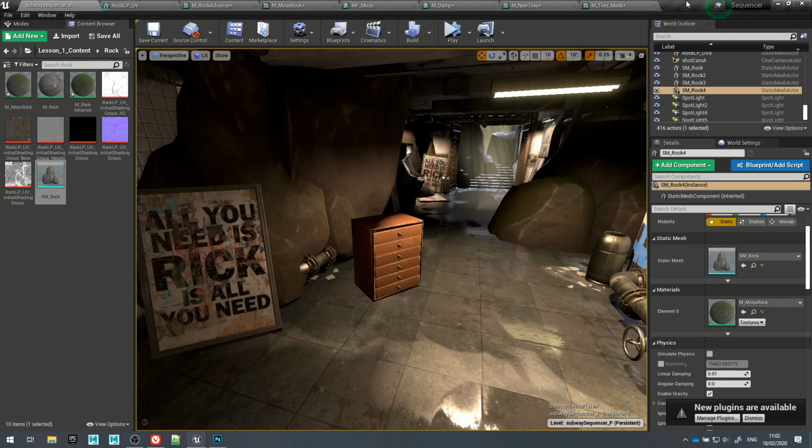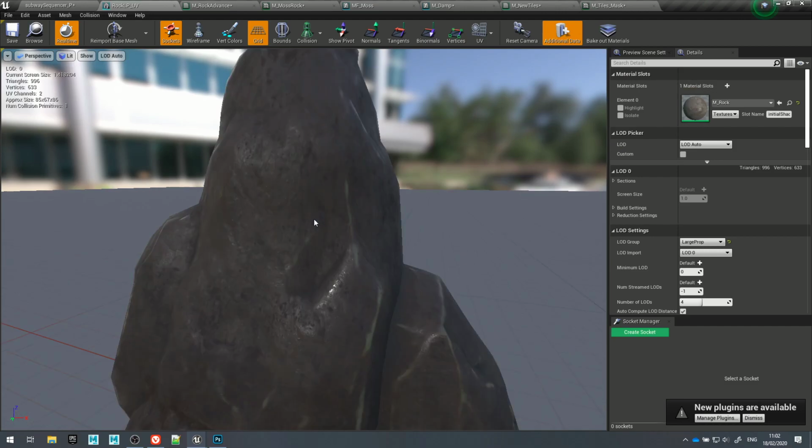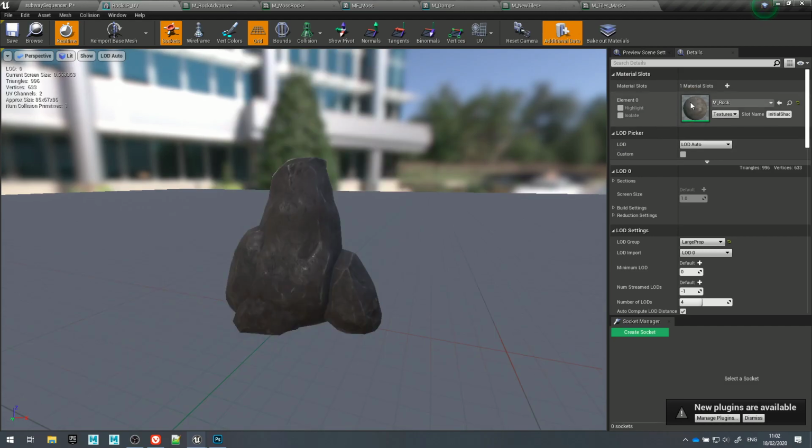So today what we're going to do is look at some advanced materials in Unreal. Last time we looked at materials in Unreal, I essentially showed you how to bring some textures that we exported from Substance in, and just quickly hook them up. And in fact, if I go to the rock that we have been using this entire time, and I double